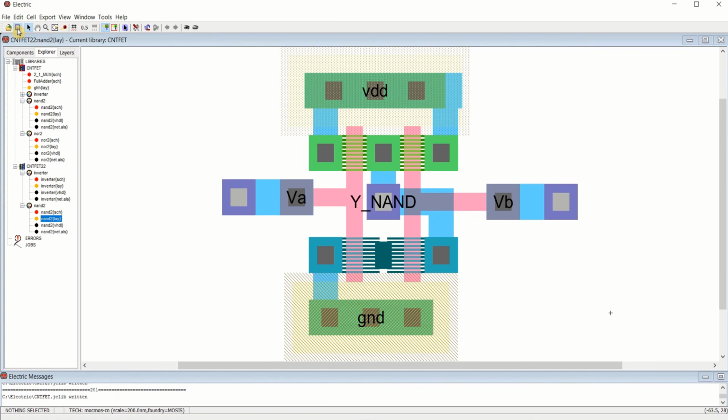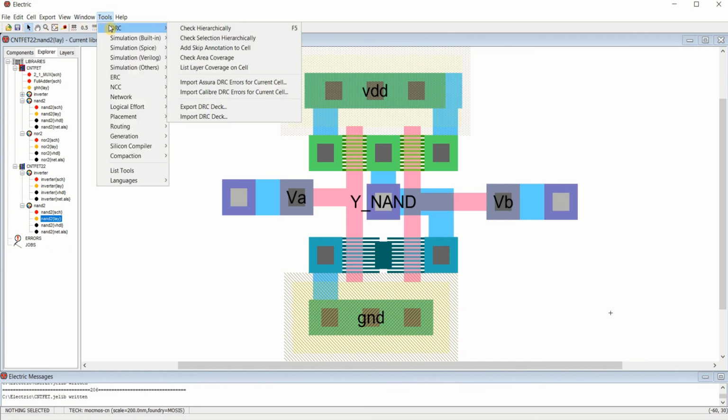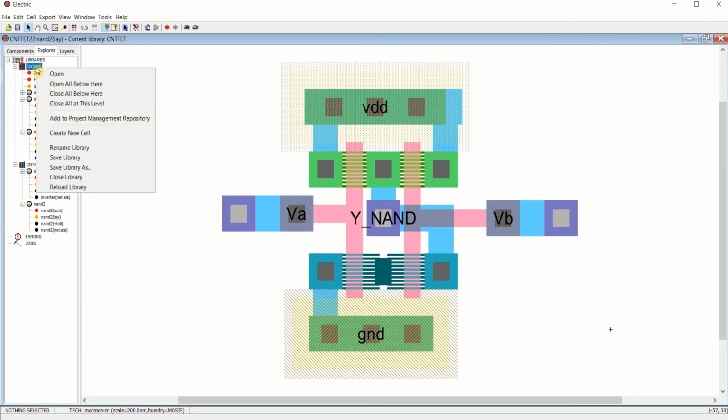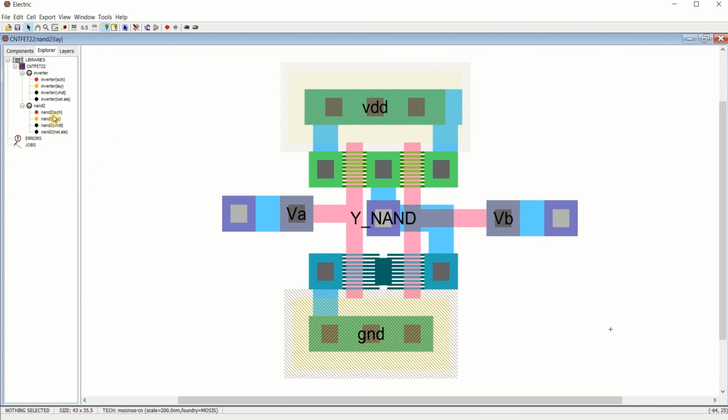First try to save it. It shows that there is no current view. Let me close this previous view of NOR because it is opening in two ways. Just save the design.